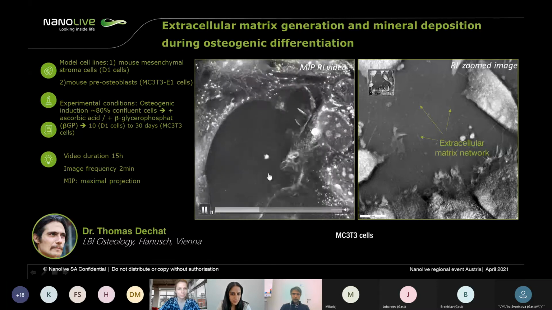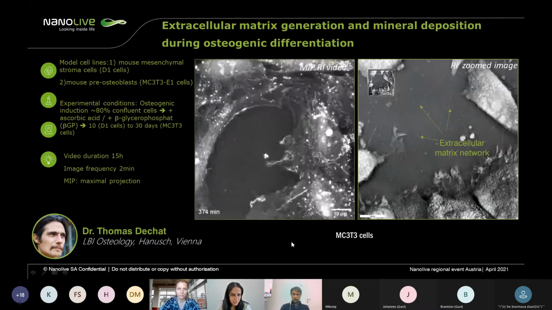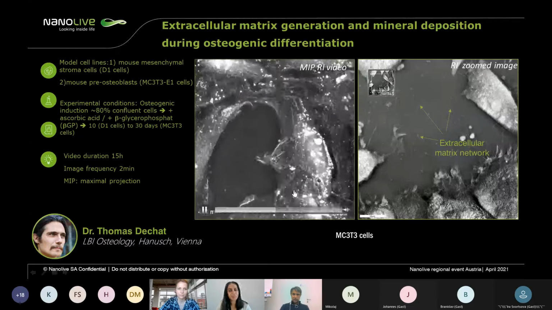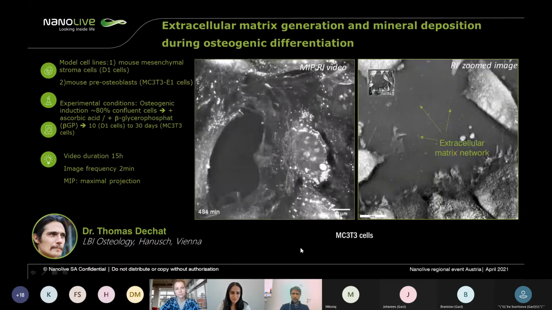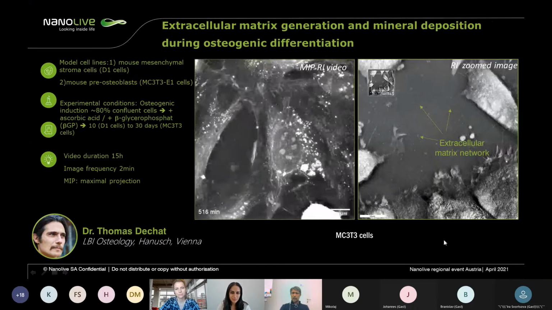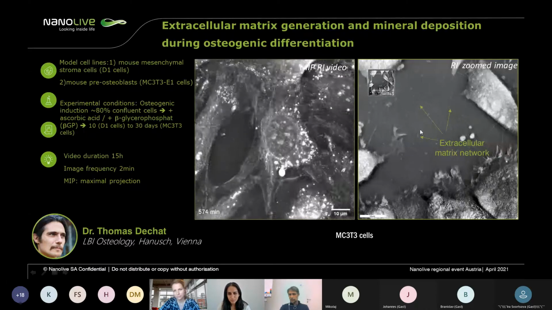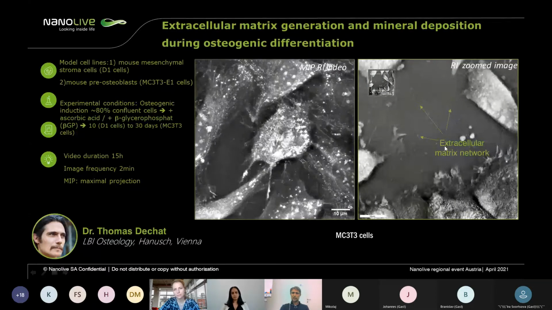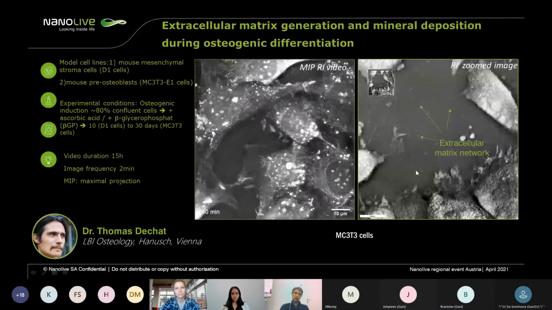So here you can see that this is really endocytosis, and eating it up. And then you can also nicely watch mitosis with this microscope. On the right you see a still, and this could also be some extracellular matrix. So that's our purpose, to watch the generation of the extracellular matrix, and then of course compare